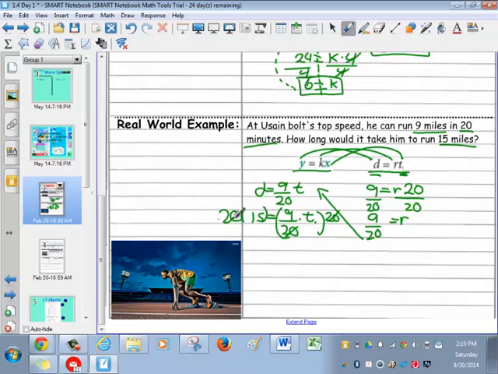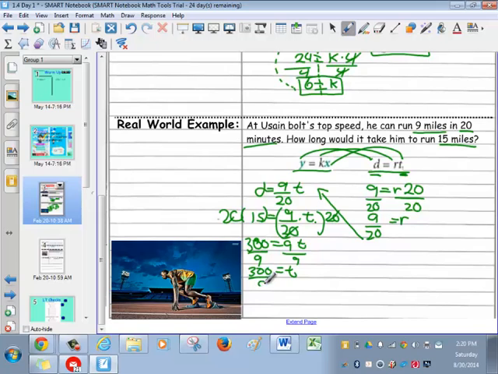20 times 10 is 200. 20 times 5 is 100. 200 plus 100 is 300. It's equal to 9t. Now we still have to solve for this t. So we're going to divide both sides by 9. And so we got t, or our time, is equal to